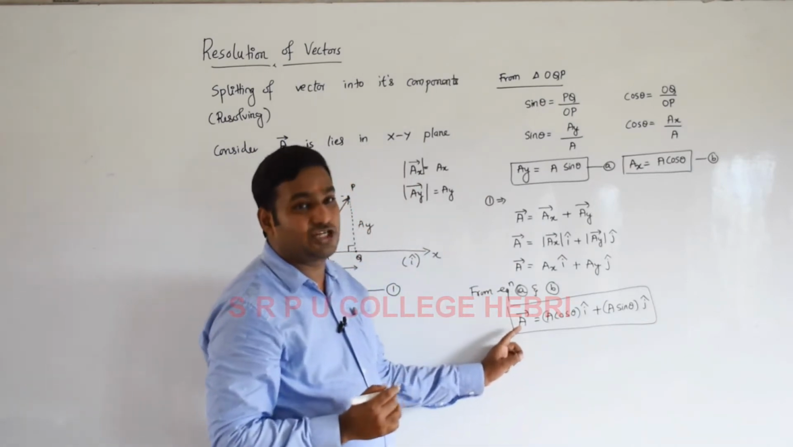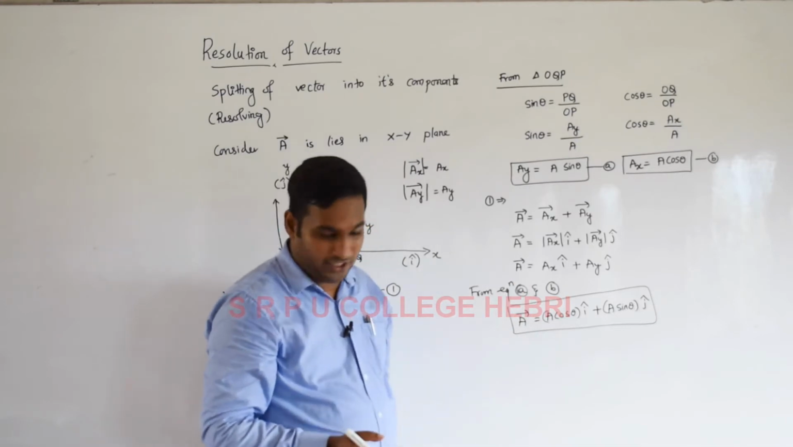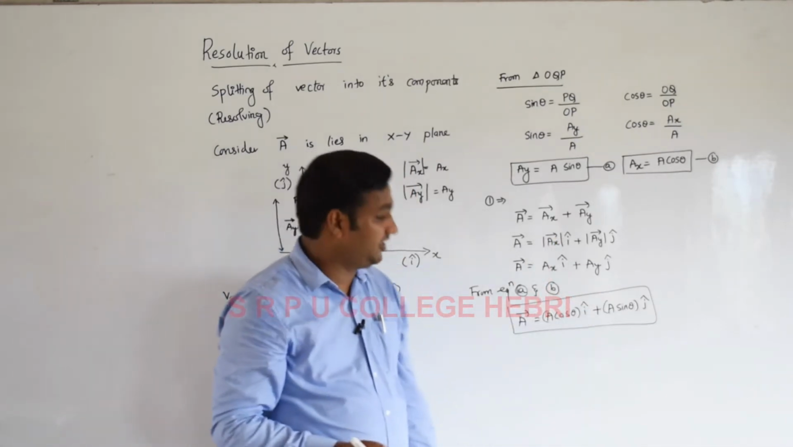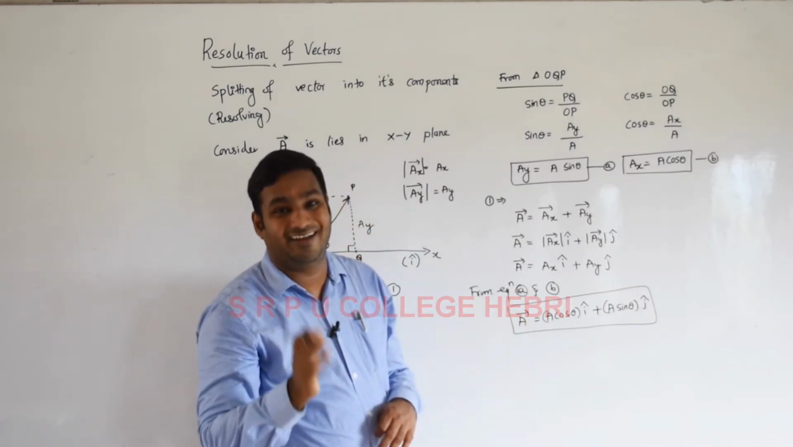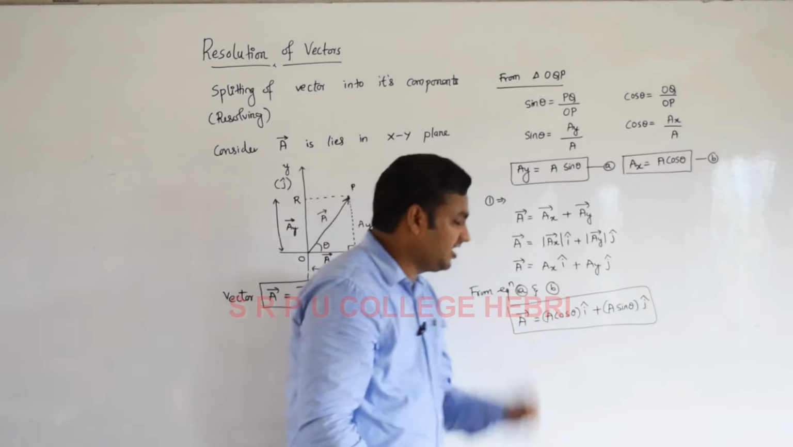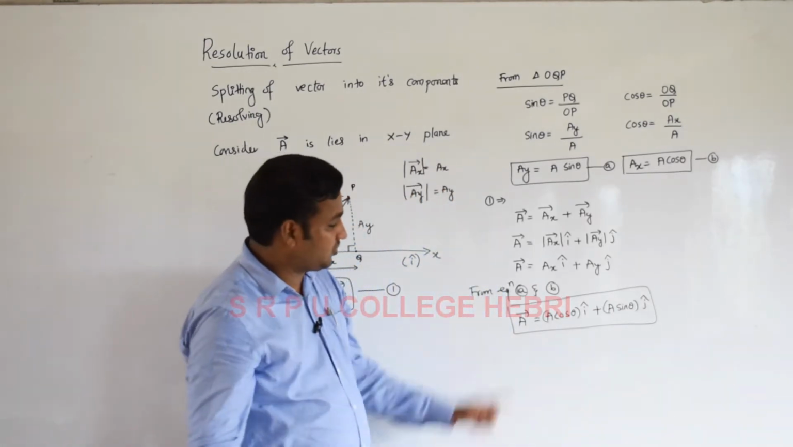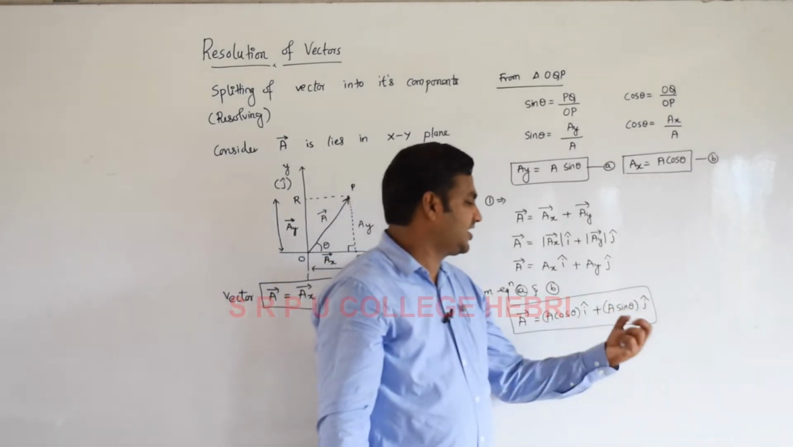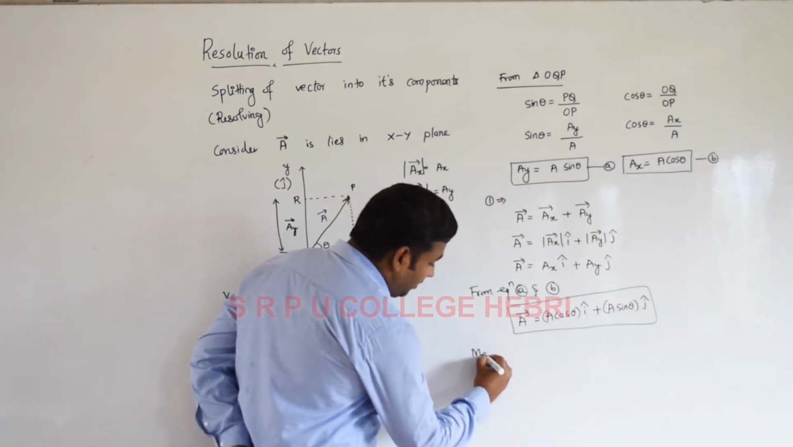Vector A is resolved into how many components if it lies in the XY plane? 2 components. What are the 2 components? A cos theta and A sin theta. You remember, A cos theta is the component made by vector A along the x-axis. A sin theta is the component made by vector A along the y-axis. I got vector A is equal to A cos theta into I cap plus A sin theta into J cap. If I want to find out the magnitude of that vector,